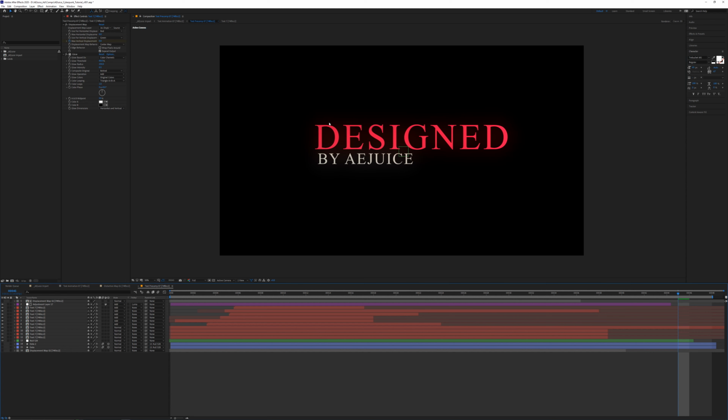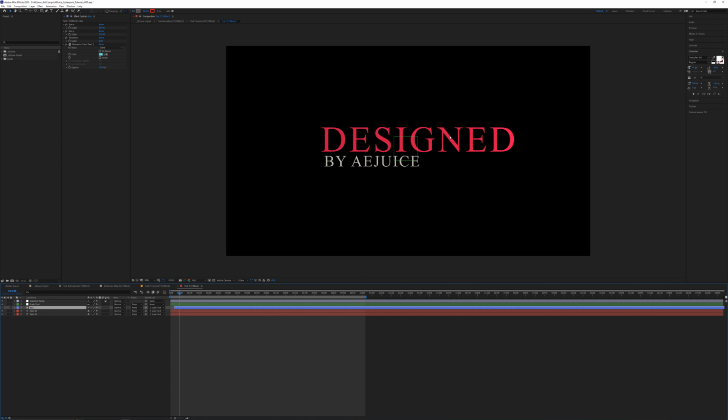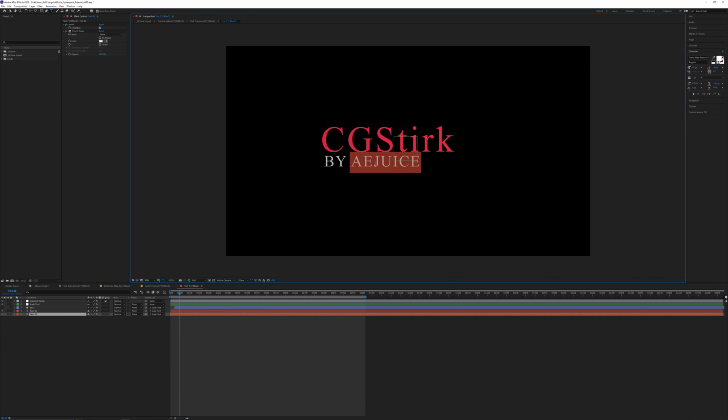All right, so let's go ahead and change this text. So we're gonna double click this layer. Same thing, just wanna increase this to 4K just so we have some more area. And you can see it's not actually changing the size of the text. The text is always the same because it's controlled with these expressions. All right, so next what we're gonna do is just grab our text tool and then we can type in a replacement. And then for the subtitle here, we'll just replace that with subscribe.